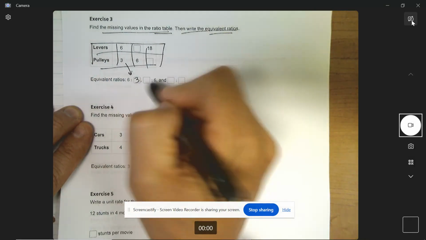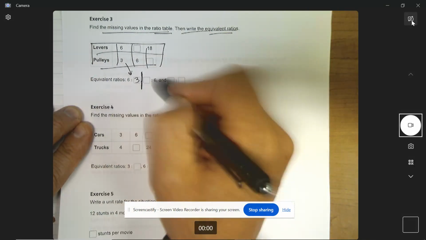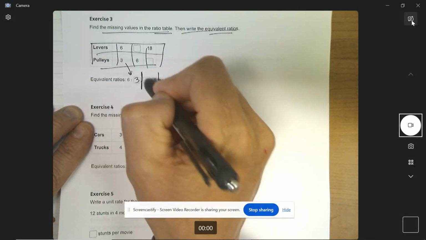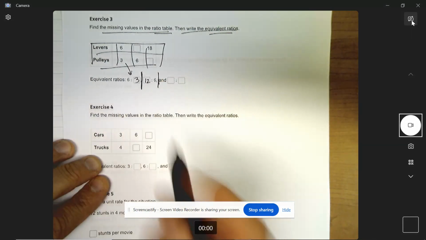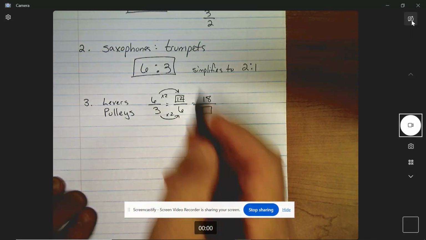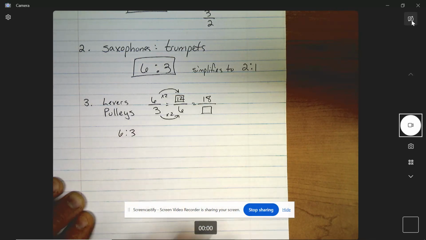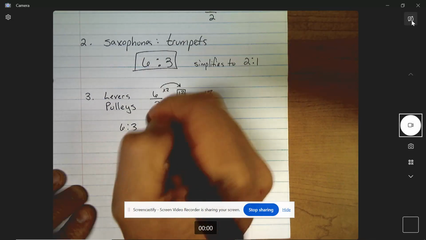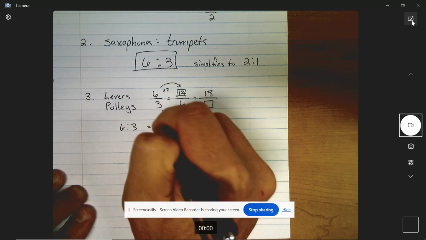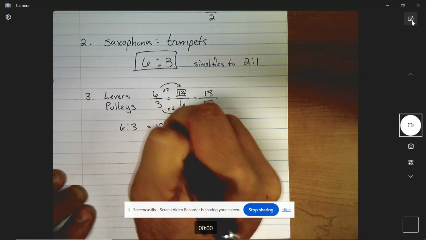Okay, and that's the first one, and then the second one is a 12:6 ratio. So when you do these, you're going to say 6:3, and that's the same thing as a 12:6,